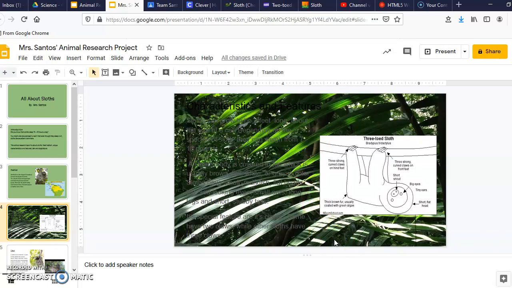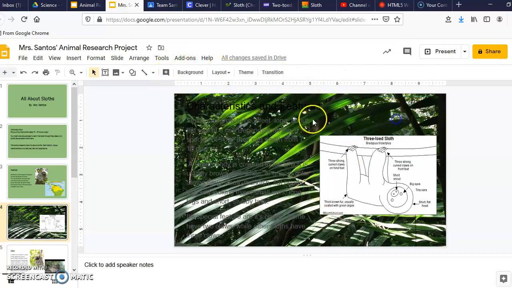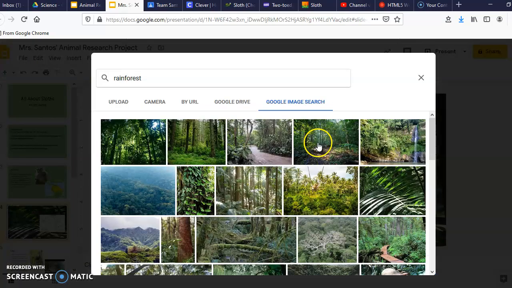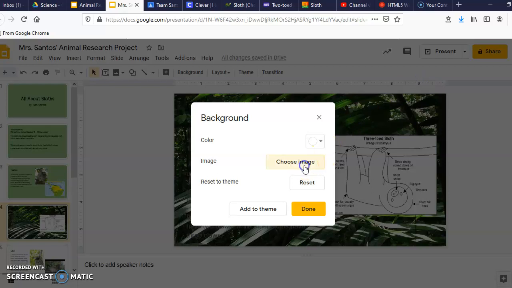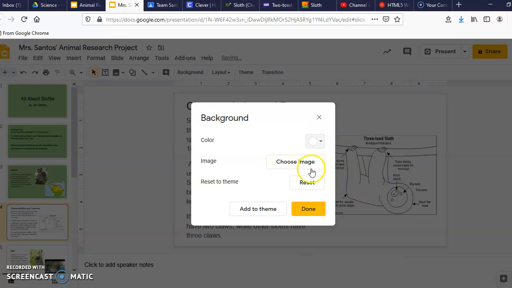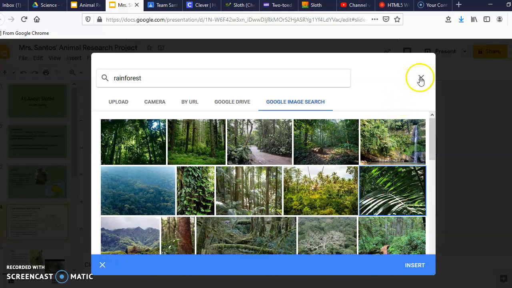So what I would suggest is that if you want to use these pictures, you've got to change the background. You've got to use a background that is light enough where you can see the words, or instead of changing an image, you can always do just the color. Okay. Oops, I keep choosing image. You can use the color. Okay. Or, I'm sorry, if you do choose the image, of the leaf, let's say that,